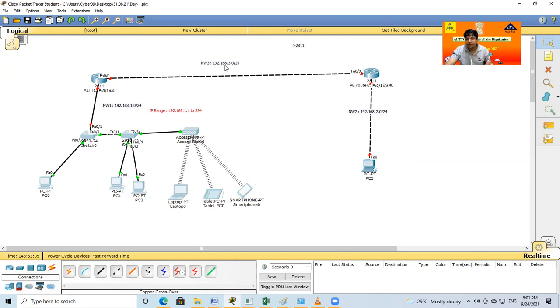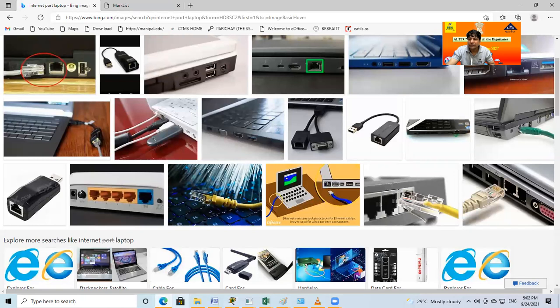Okay, so now where is the IP address allotted in your computer, desktop, any location? It is allotted to this particular port, this port is the FA0/1. If anybody asks you in a computer, or in your mobile phone, at which location the IP is allotted, the answer is very simple. This is a very important question for all of you: where is the IP address allotted in your devices?